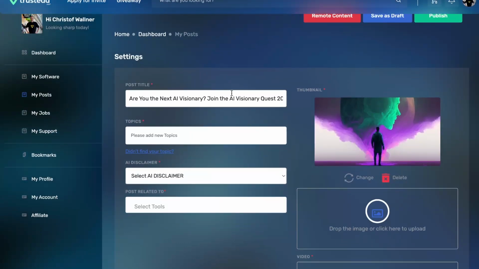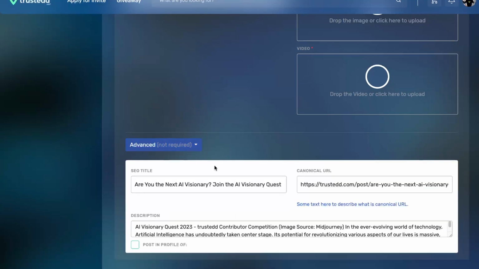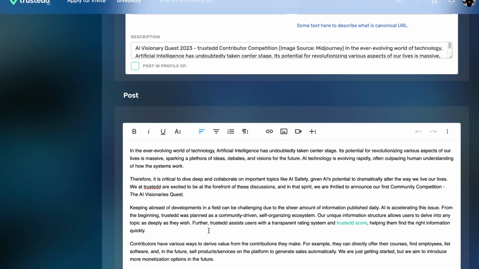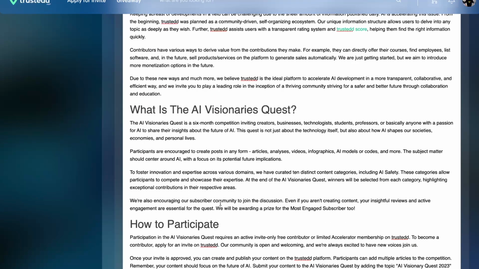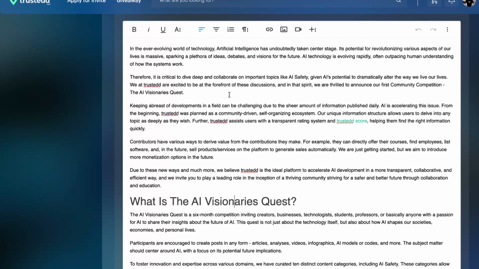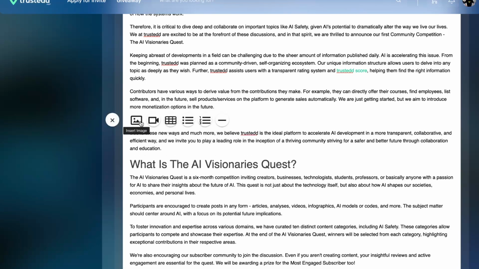You still have to choose some, but you see it is choosing the thumbnail which it found. It's choosing a title. We have thought about SEO, so it automatically adds a canonical URL to the source URL. Then you find the text, including URLs, and the right markups. Sometimes, depending on the site where you import the content, it might not work perfectly, but then you can easily go inside and edit any kind of content, or for example, add an image by clicking here,